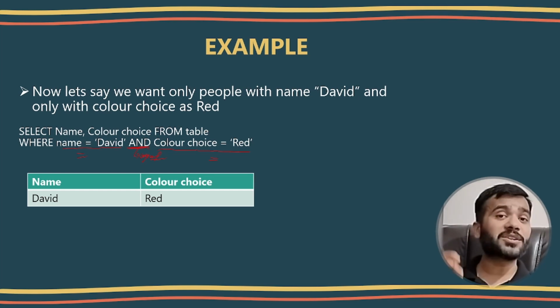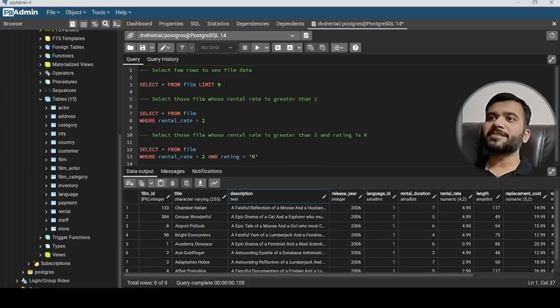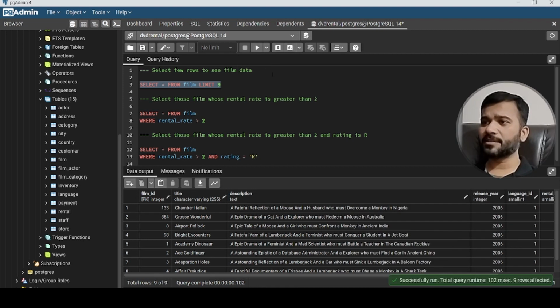Theoretically, we have covered it; now we are going to do it practically in our pgAdmin. So now friends, you have seen already what exactly select is, how we are using select, and with select how we are using where, and how to use 2 comparison operators using a logical operator, that you have seen in theory. Now let's do all those theory concepts in practical. First I'm going to use the film table, and first let's take 9 rows to see how the film data looks. So when I run this query,